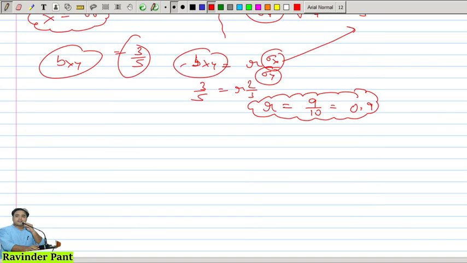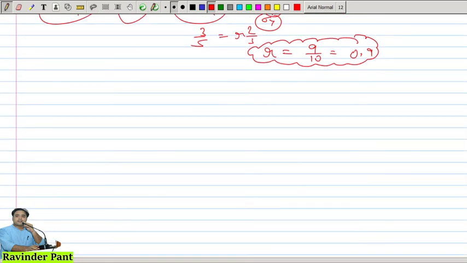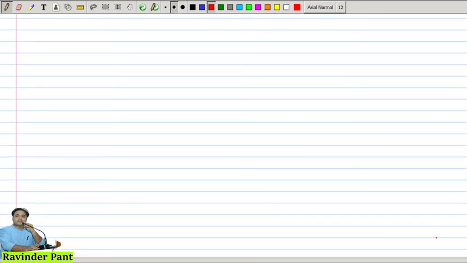So before looking at the solution, I request you all to look at the hint and solve by yourself. Another popular question which is repeatedly asked is about finding the value when some of the observations are incorrect.